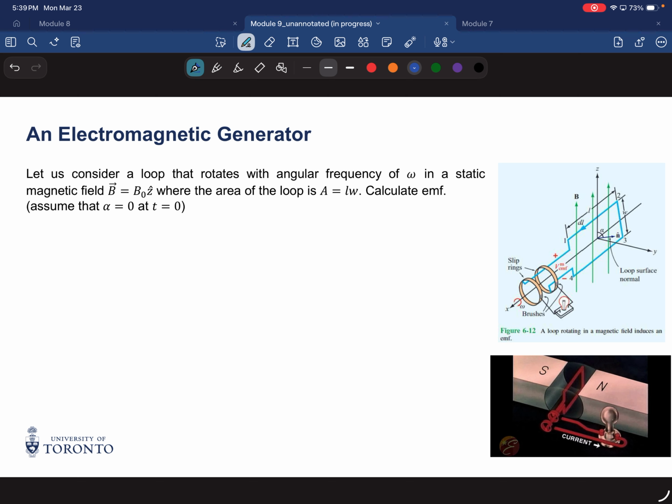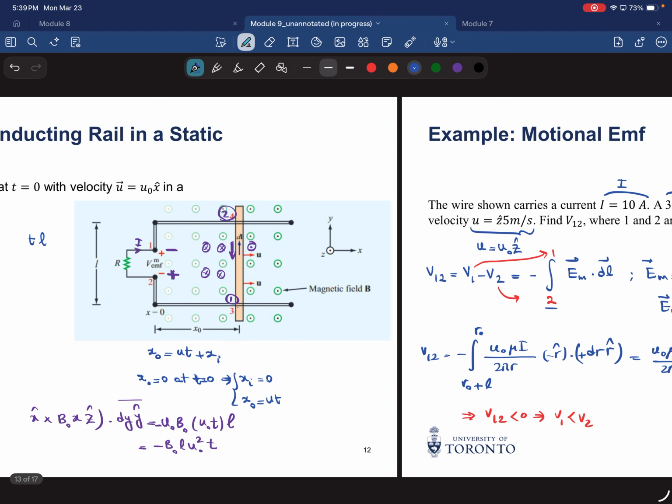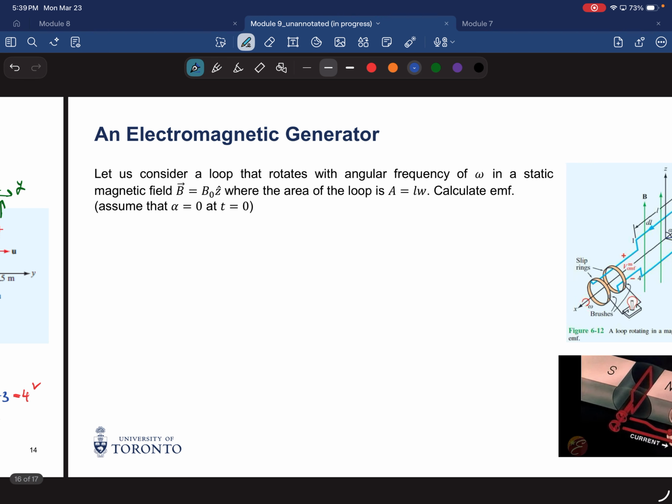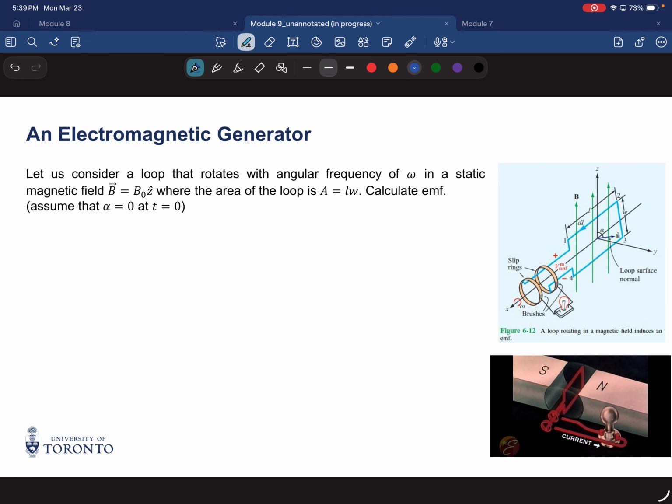So in this one, I think we mentioned this before, that our EMF can have three sources. One is the time-varying B magnetic field, which is transformer EMF. Other one, changing area, which is similar to this one, which was motional EMF. And then the last one is the angle changing, right? Because we said